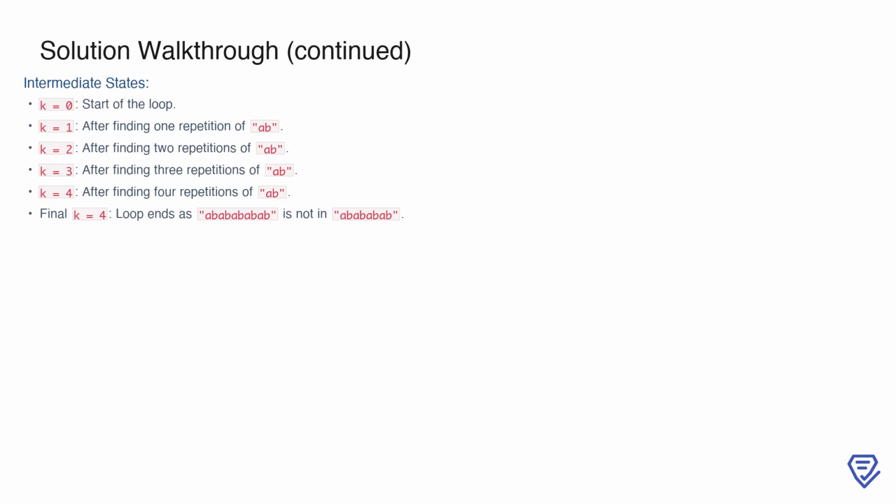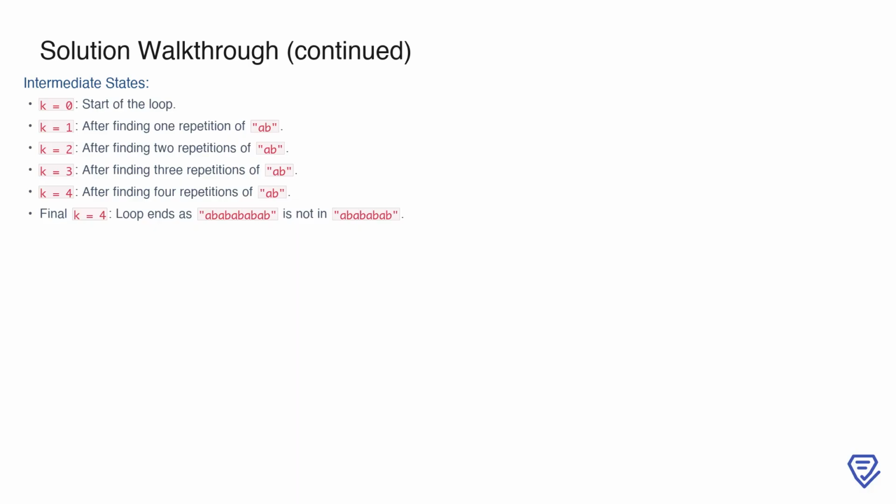To recap the intermediate states for this example, k starts at 0. After finding one repetition of AB, k becomes 1. With the second repetition, it increases to 2. After the third repetition, k is 3. After the fourth repetition, k reaches 4. Finally, the loop ends when ABABAB is not found, leaving the final value of k at 4. This means the maximum number of consecutive repetitions of AB in the sequence ABABAB is 4, and that's our result. This approach efficiently calculates the maximum repeating substring by iteratively checking for consecutive repetitions until the pattern no longer exists